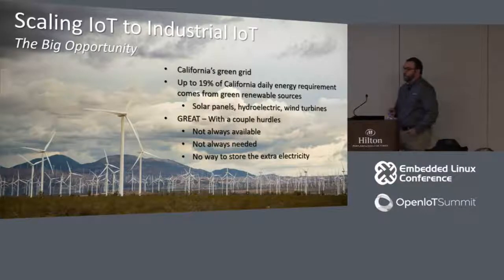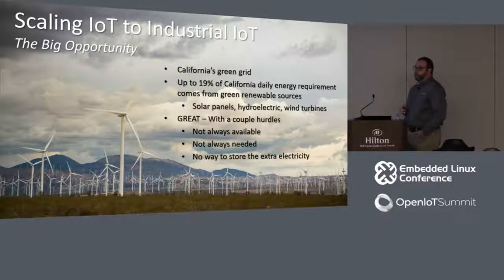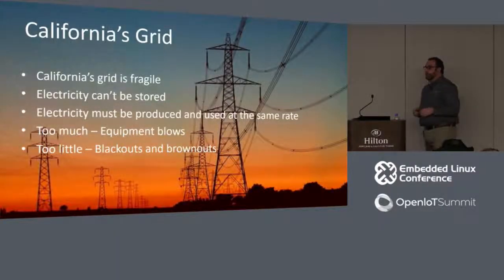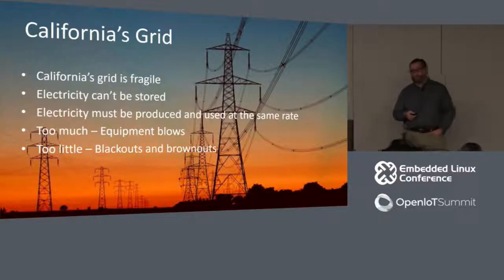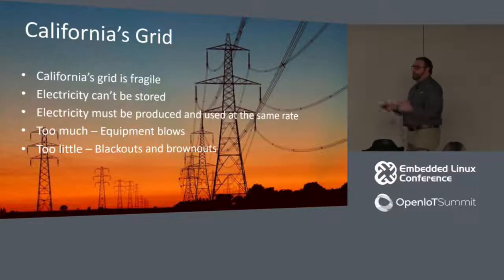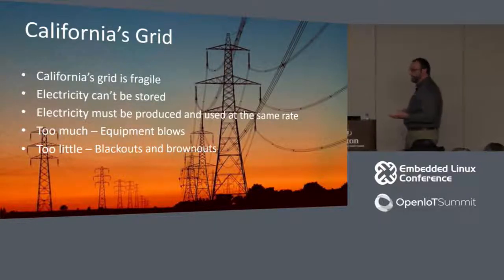But the crux of it is that the grid was designed for power transmission, not for power storage. It's basically one big circuit, right? So our grid is actually a pretty fragile system. We can't store that excess electricity, so what we do is we try to generate just the right amount of electricity to meet demand at any given point in time, because if we send too much electricity to the grid,